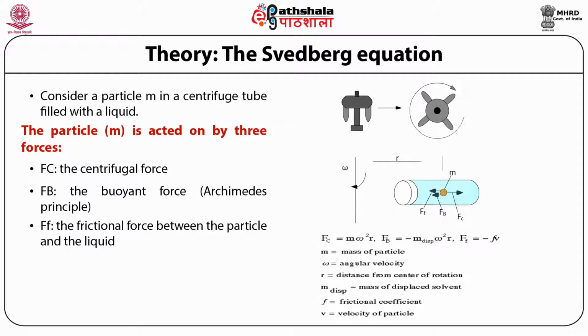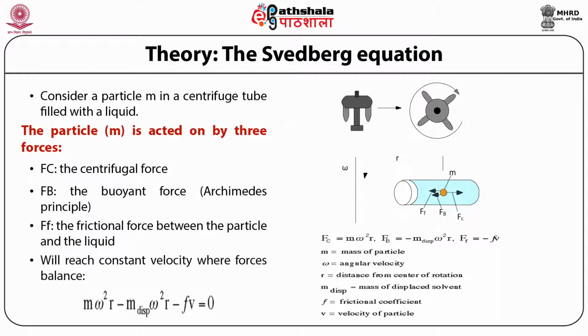So the total force acting on a particle is given by an equation: the centrifugal force F equals m omega square r, and the buoyant force equals m dispersion omega square r, and the frictional force is proportional to the frictional coefficient times the velocity V. So this equation is actually utilized for the calculation of properties of macromolecules during the process of ultracentrifugation,